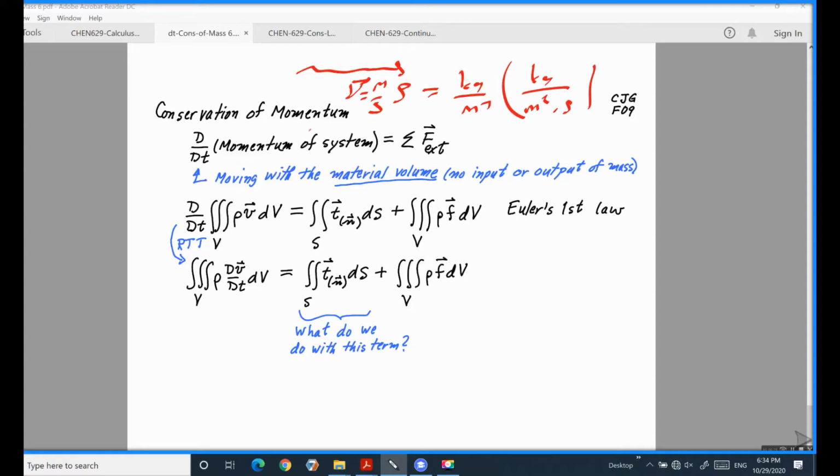This is the respective time here. Then we obtain the square. This term represents the total momentum change on your system. At the right side, we can write the force acting on your system. The first term is coming from contact forces because of this traction,